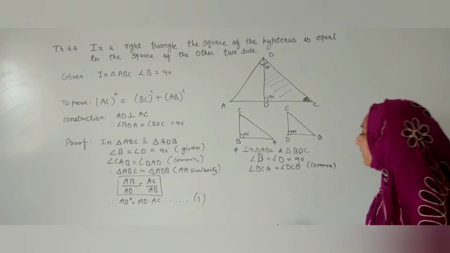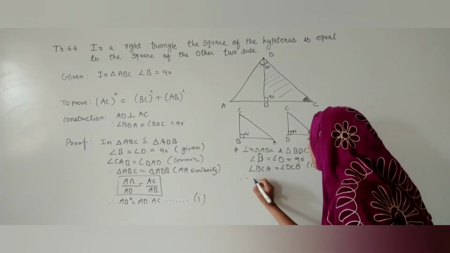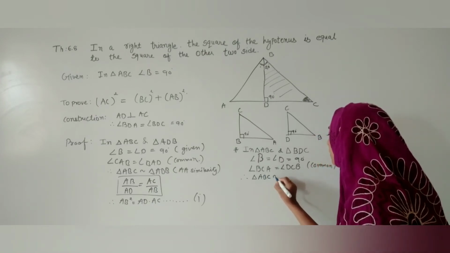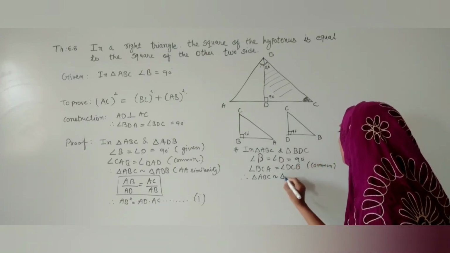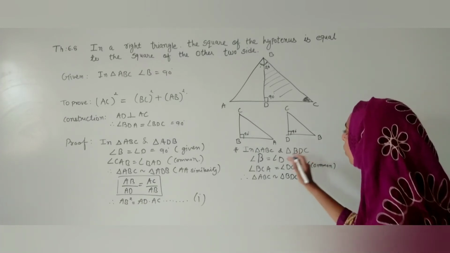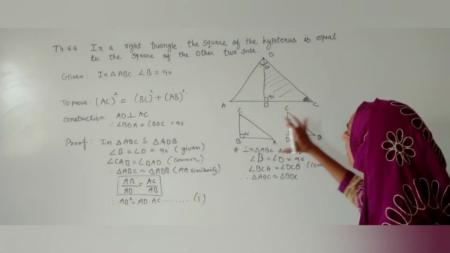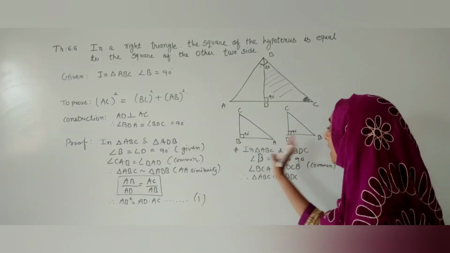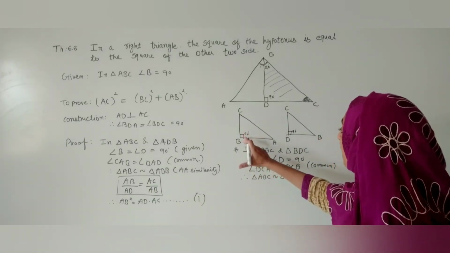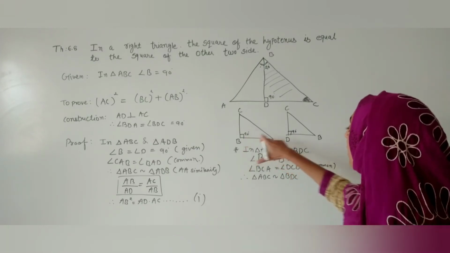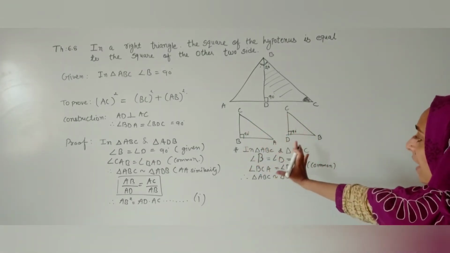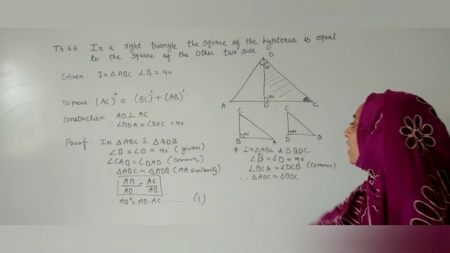After writing this, we will prove it similar. So let me write triangle ABC, and that will be similar to triangle BDC. As I told you, if the figures are completely matched, then only our ratio will be correct. Else it will be a little bit wrong. That's why I am taking care of which angle, what is common, and there I have designed it so that you can write a ratio in an easy way.